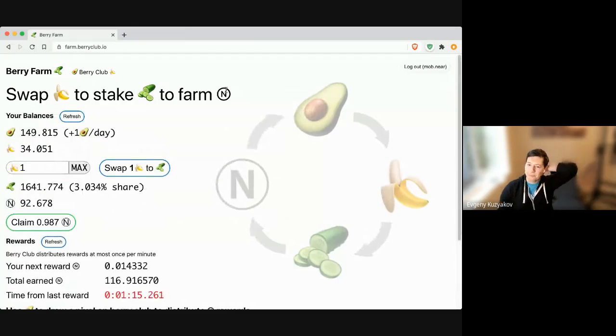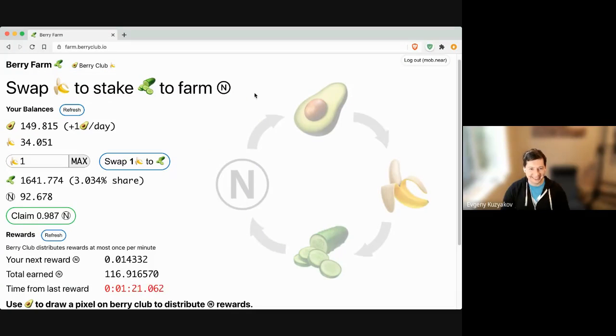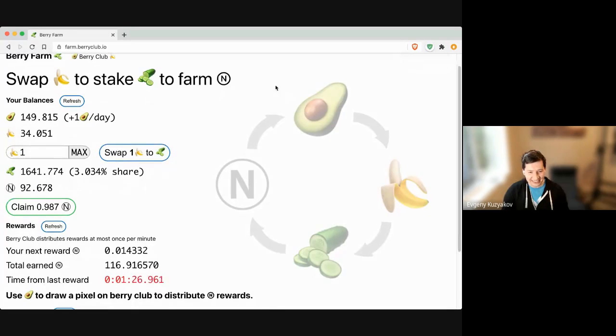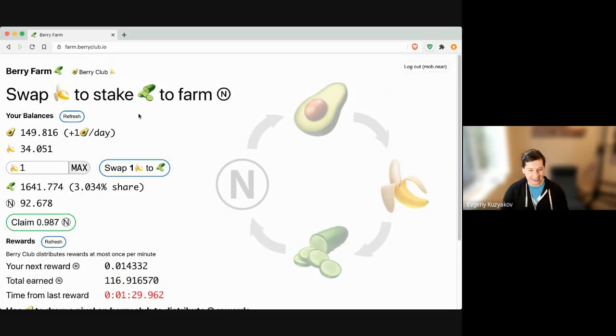Berry Farm is a very well-designed app with large text and a lot of emojis. So the way it works, it displays your balances once you're logged in. It pulls it from two different contracts as well as your account. So it combines them from multiple sources. Avocado and bananas come from Berry Farm or Berry Club contract, and cucumbers are local for that contract, and near comes from your account